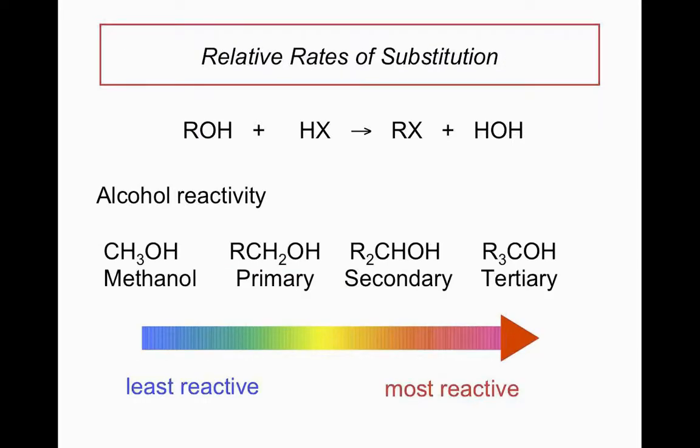Second, the structure of the alcohol itself affects the rate of substitution, with more highly substituted alcohols reacting more quickly than less highly substituted alcohols. As you can see on this slide, tertiary alcohols react faster than secondary, which react faster than primary, which react faster than methanol. This relative rate of reactivity should tell you something about the mechanism by which this substitution reaction